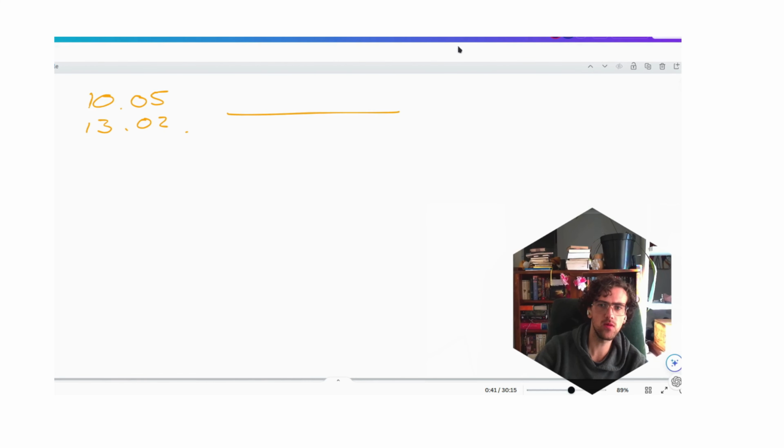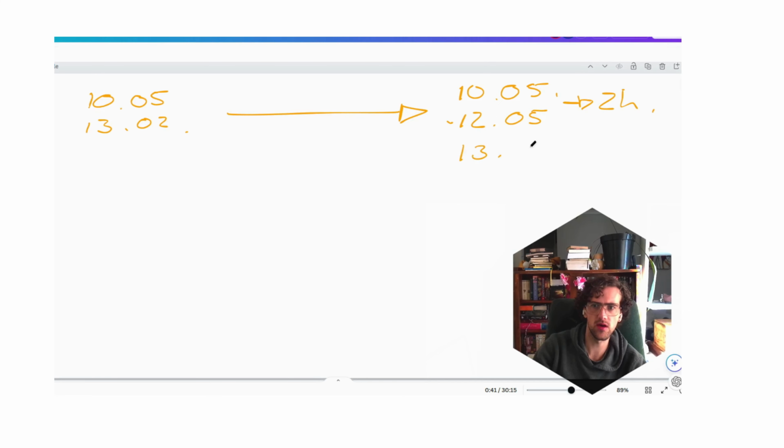Now, one way I can do it is I can say, okay, 10:05 to 12:05, which is 2 hours. And then I need to get from 12:05 to 13:02, which is then